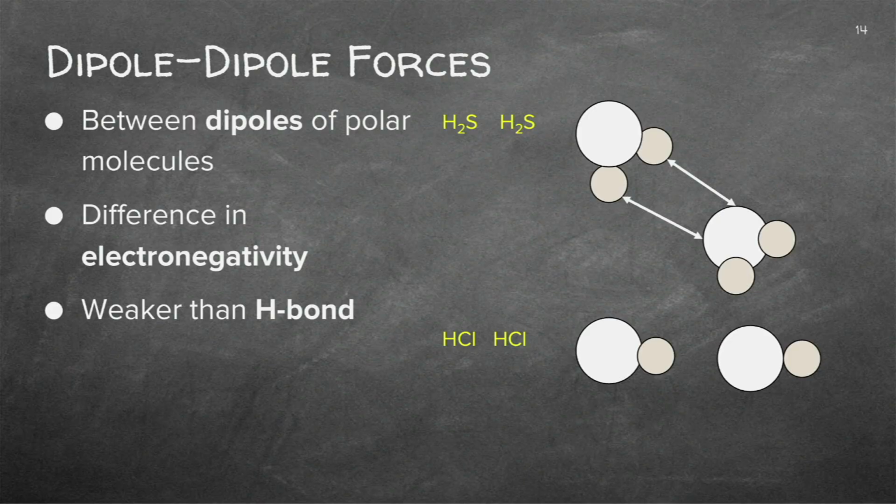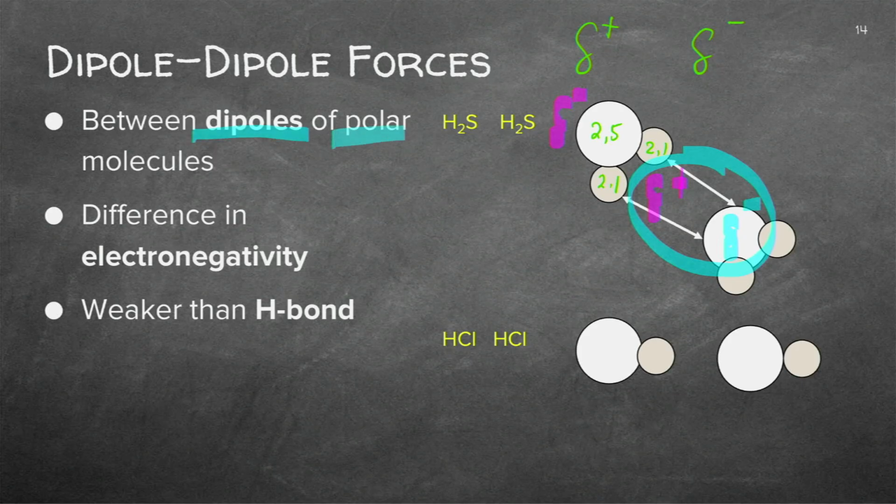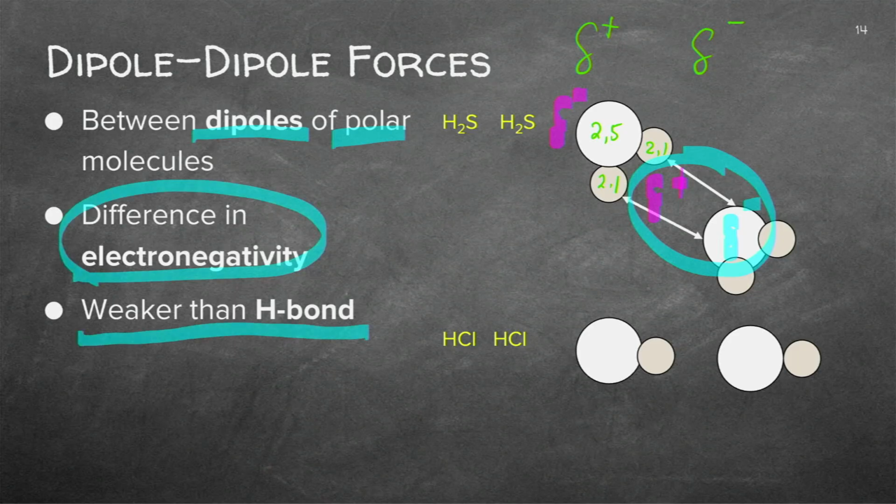Let's see the dipole. Now we know it's got a slightly positive and a slightly negative side. Sulfur will have an electronegativity of 2.5, 2.1 on each of the hydrogens. That'll mean a slight negative this side, a slight positive this side. And again on this side, slightly negative. So can you see the positive and negative there will be a dipole. It's polar and there is a difference in electronegativity, but it's much weaker than the hydrogen bond.